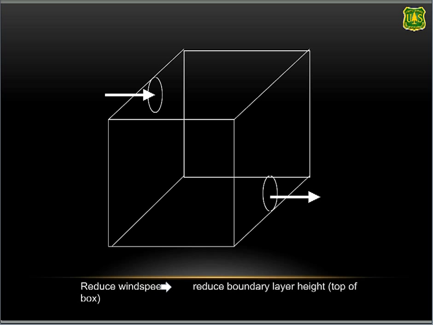And look at it this way. We try to show this to some of the classes we teach. The size of the box is important, and trees affect the size of the box because they affect wind speeds. If I reduce wind speed, the top of the box, because you'll have less mixing, will tend to shrink, move the box down, which means there'll be less space for that pollutant to mix.